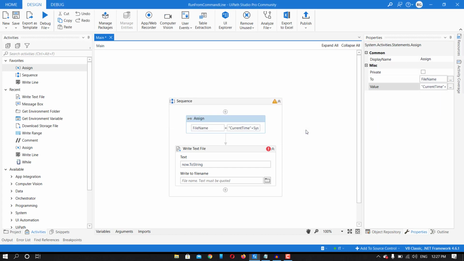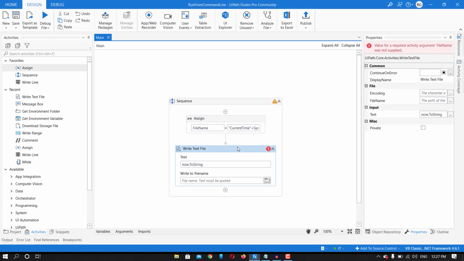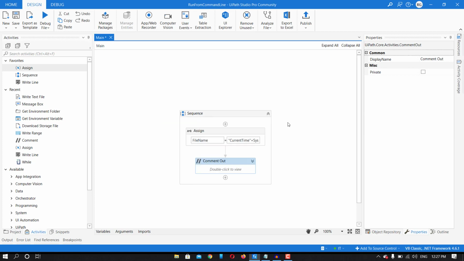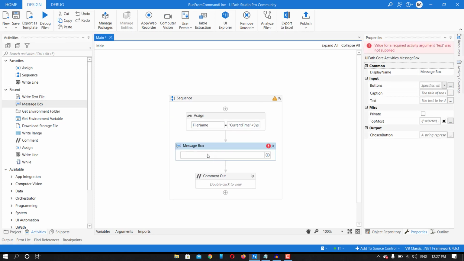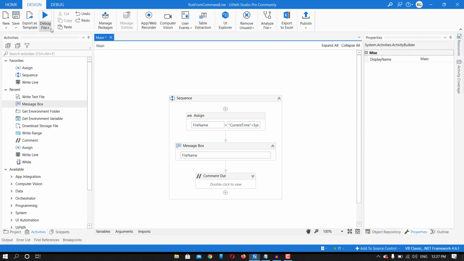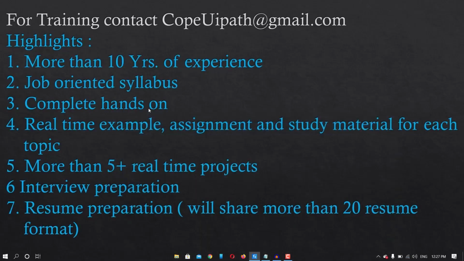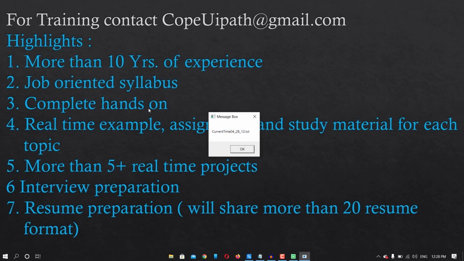Right? And as of now, let me disable this and let me show you in a message box how it will display the file name, and if I run this, so see, current time 04:28:12.